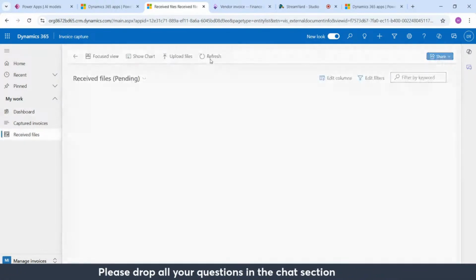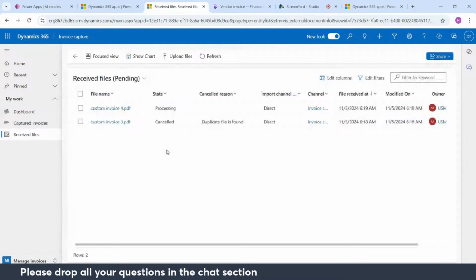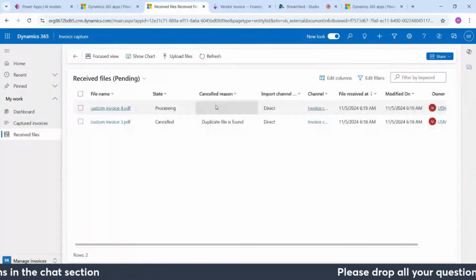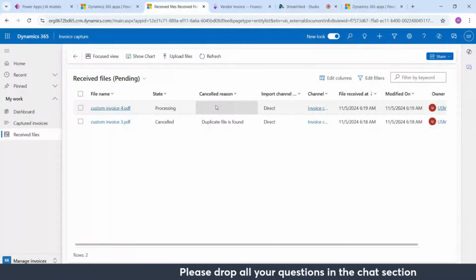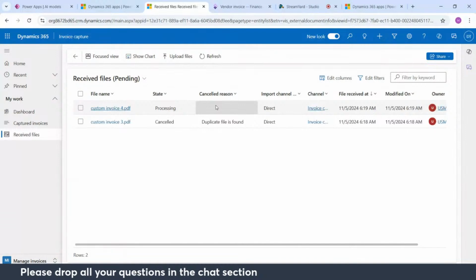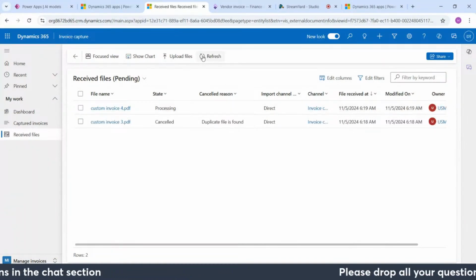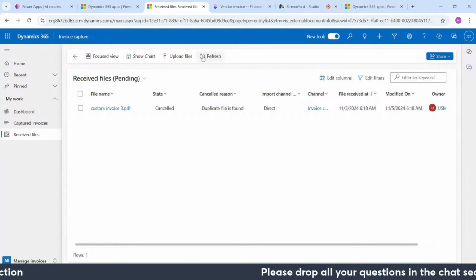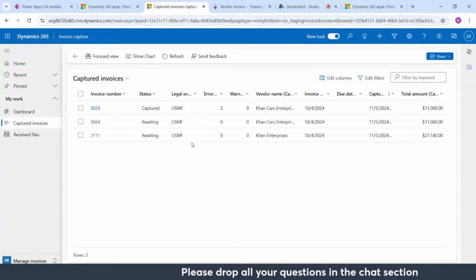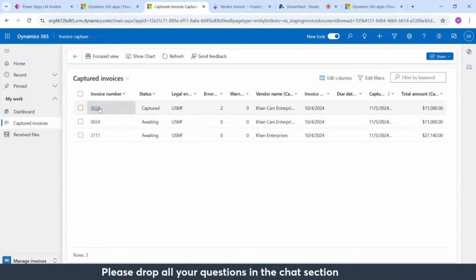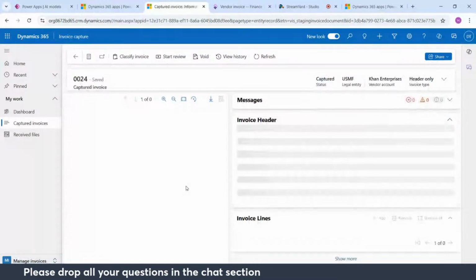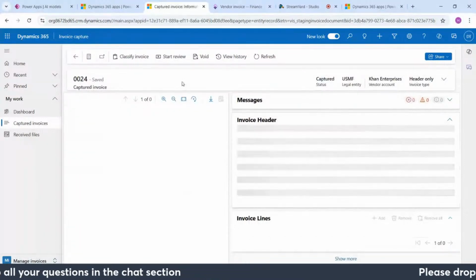It is processing. Give it some time. It should be within captured invoices. As you can see, it is this one. Now you see, if I click on start review,